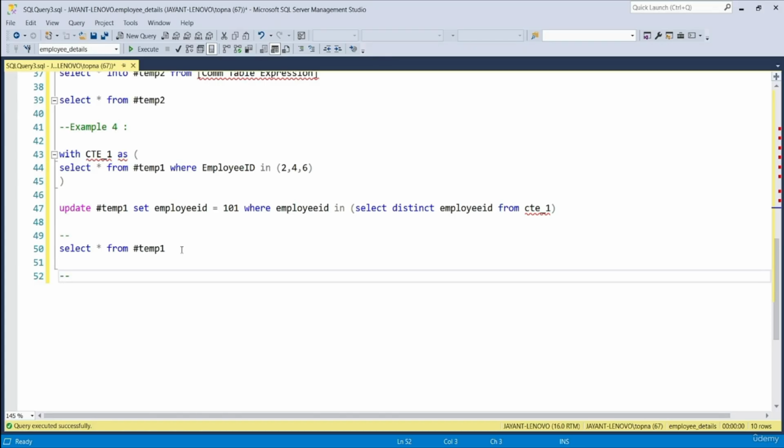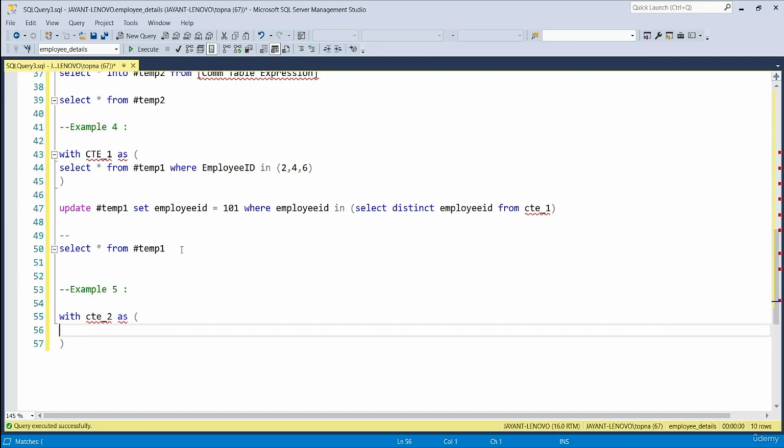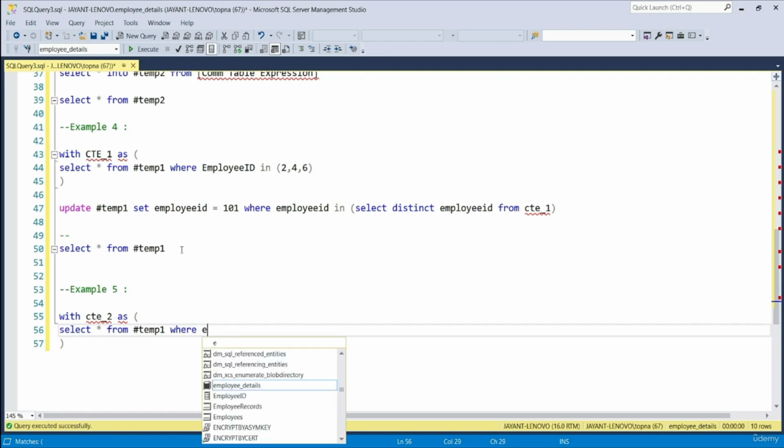So we can simply write with, let's name it CTE2. Sorry, this is a comment. We can write example 5. And here we can write with CTE_2, let's name it CTE2. So with CTE2 as bracket open, bracket close, and inside the bracket, let's write select star from #temp1 where employee ID